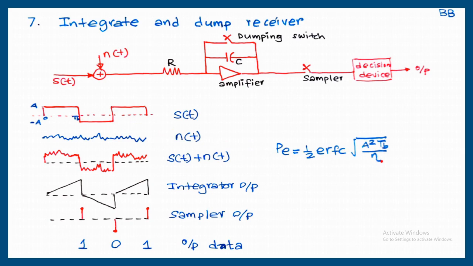So that should be known. Once you know the power spectral density of white Gaussian noise, that can be substituted here. Then we will get an answer, complementary error function of some quantity. Then look at the error function table. From the table we will get the answer. Complementary error function of x is the same as 1 minus error function of x. So just from the error function table, the answer can be determined. So we are not going to get a direct answer, but using the table the answer can be written.